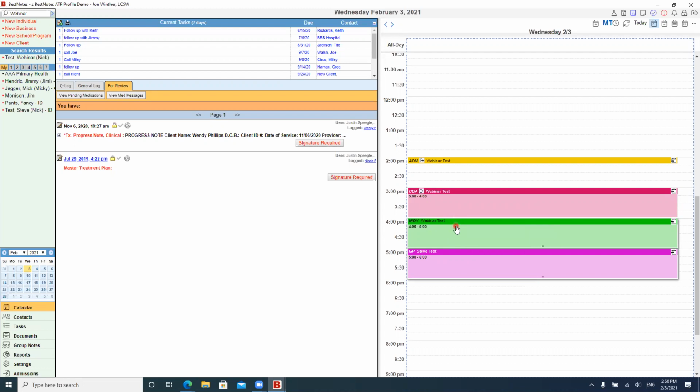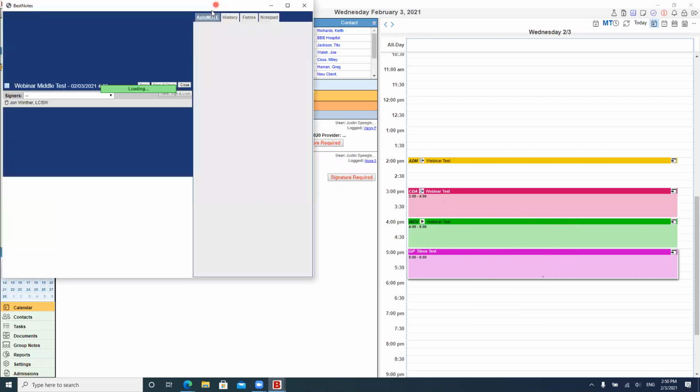So depending on my style as a provider, that might be something that I would complete during my session, maybe 15 minutes immediately after my session happened, or what I found to be more common in the industry, maybe the next morning. But the good news is if you process from the appointment, like so, it's going to launch that note for